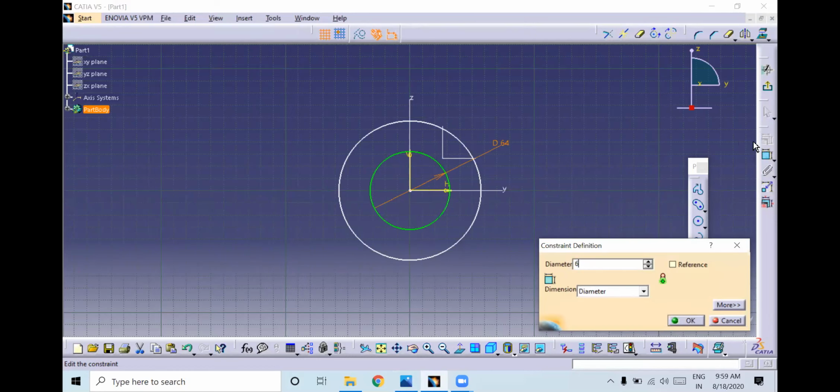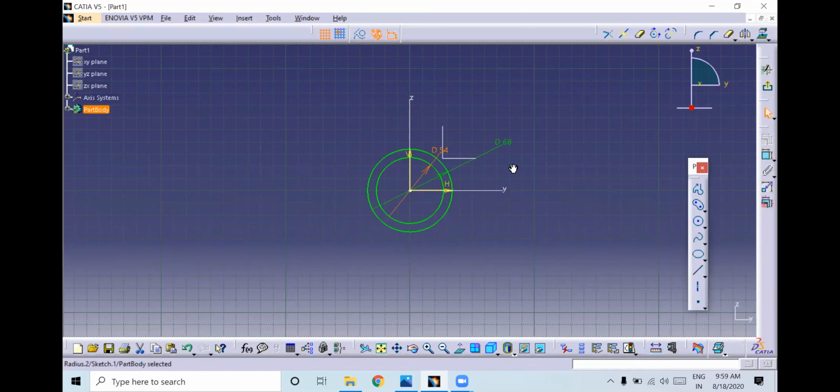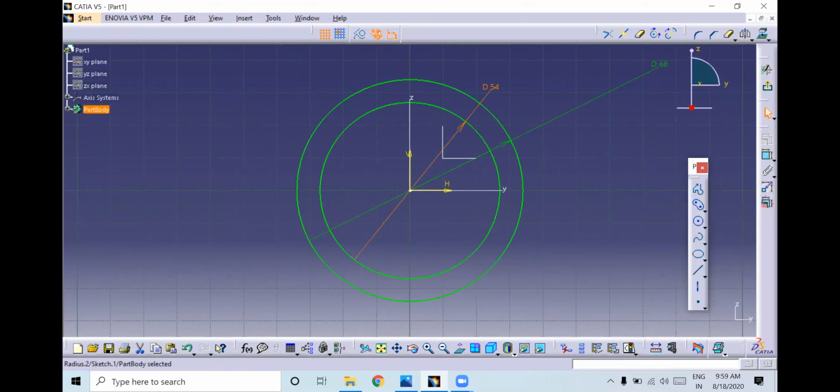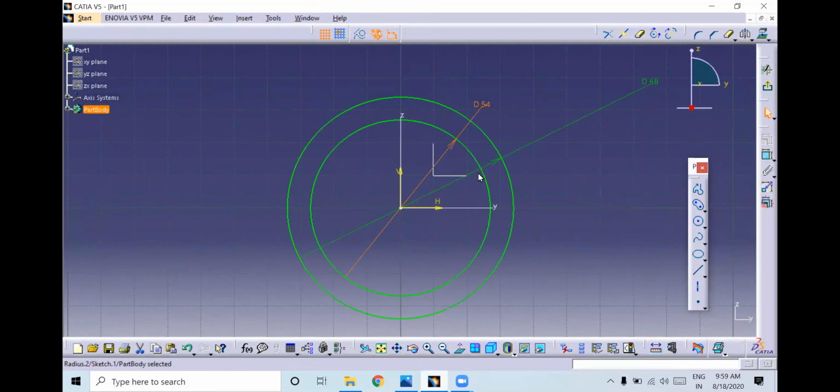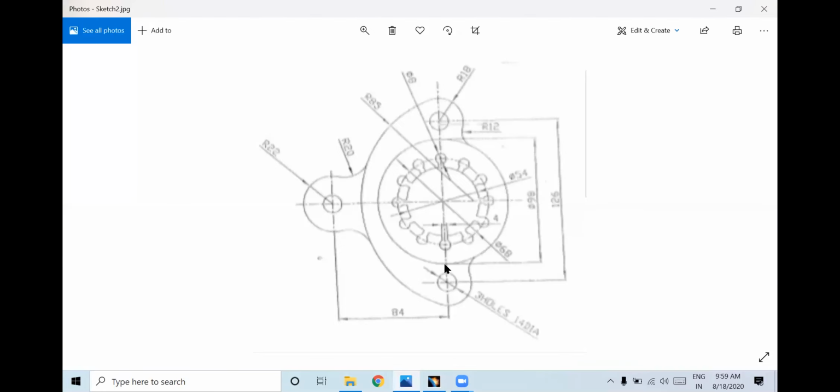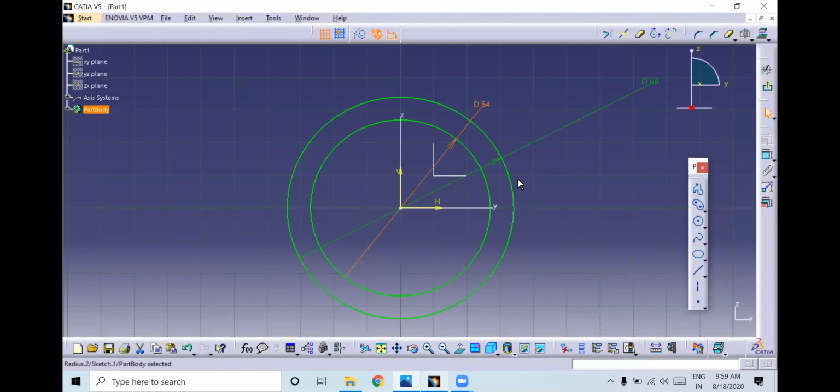Yes, sir. 68 and 54. And you just observe here, you have a dotted circle, which is 68, the outer circle. We need to convert this into a dotted circle, that is the reference circle. Once you switch it on, you need to switch it off again.